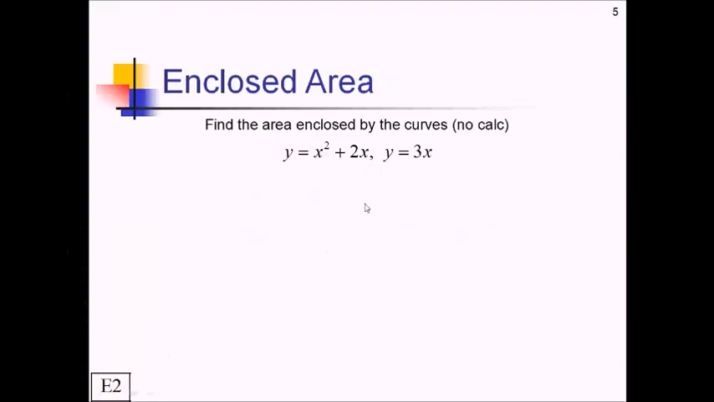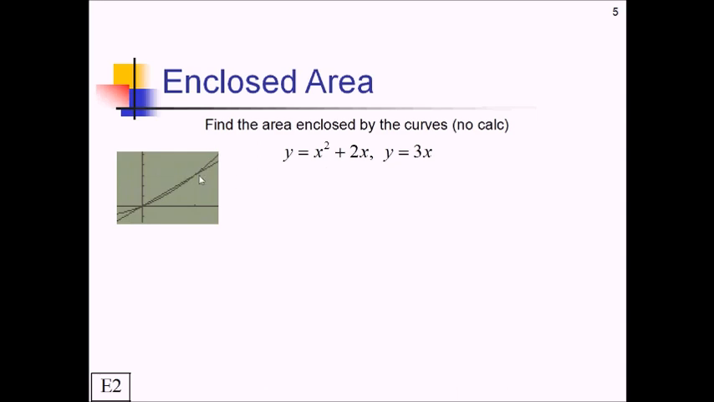For this next one, we want to find the area enclosed by these curves without a calculator. So I'm going to cheat and show you what this looks like on a graph just to help you visualize. We have a parabola and a line and the small sliver between them at their intersection points. So we can see here, since there's no vertical lines, we're just going to use these intersection points as our